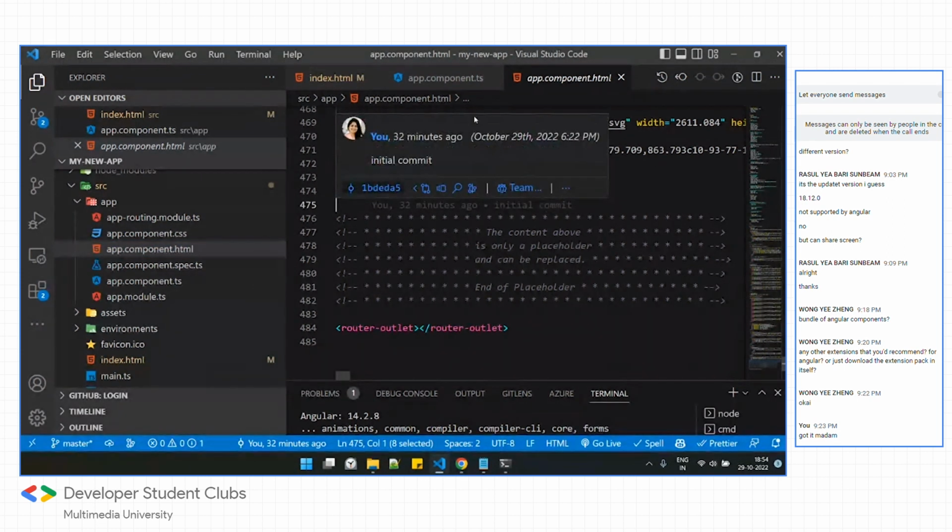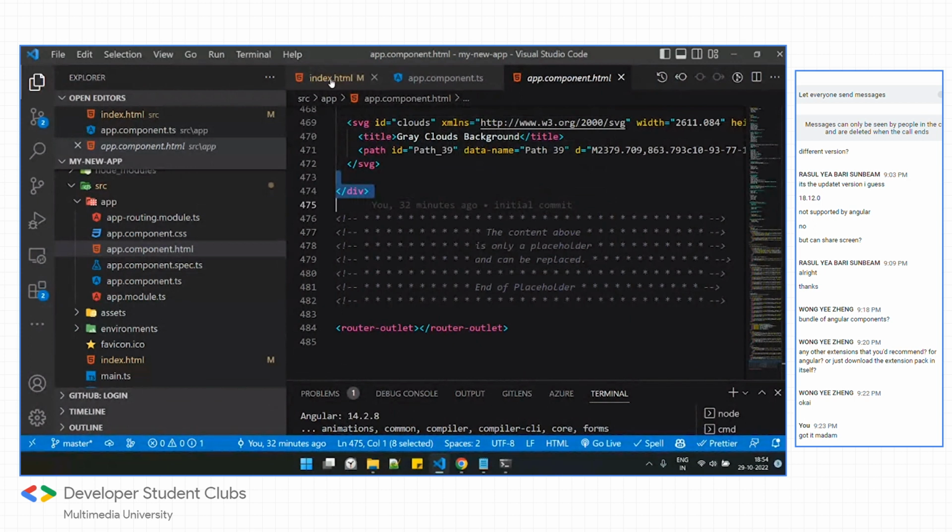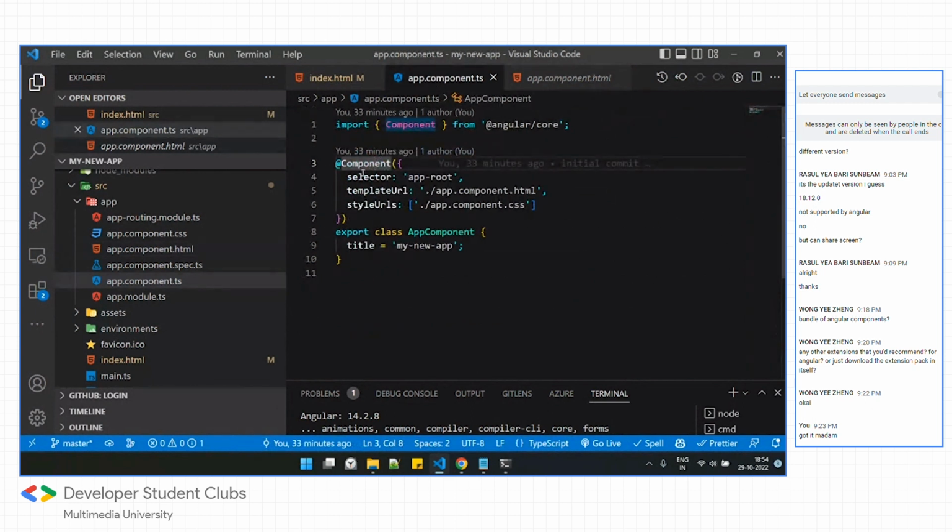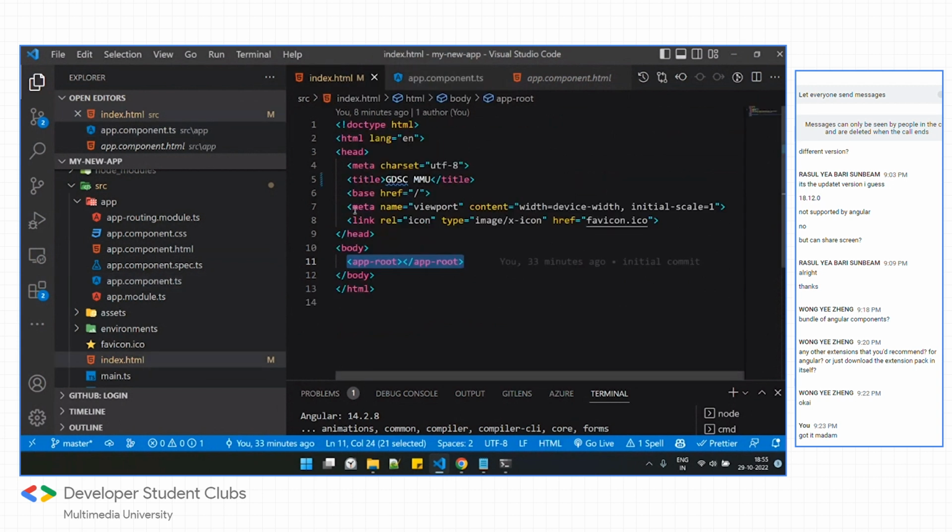Now you must be wondering how we were seeing it on the index page, because we aren't on app component. So there is one selector, this selector is app-root, and app-root will be over here. If we remove this for now and save it